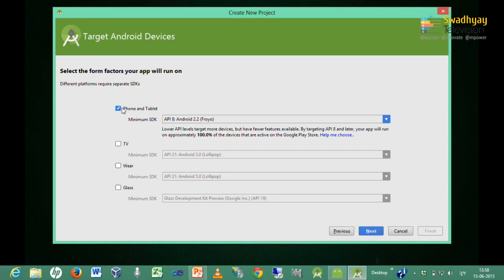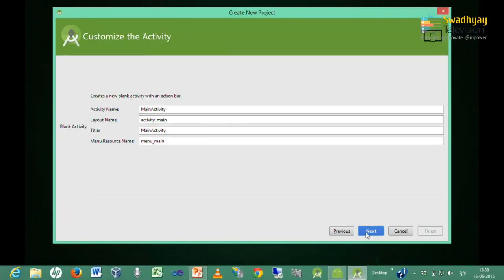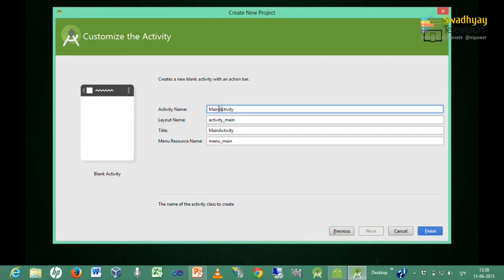Here I using phone and tablet option is selected, and I use API 8 or Froyo version of Android. So my application runs on every devices. Then I press next. Here I select blank activity, then I press next, and my activity is calculation activity. So I give name calculation activity, then I press finish.